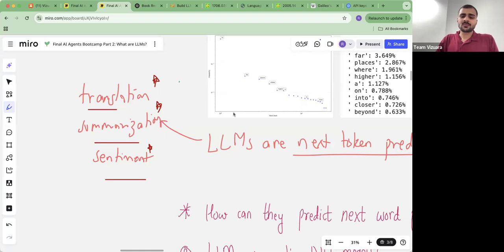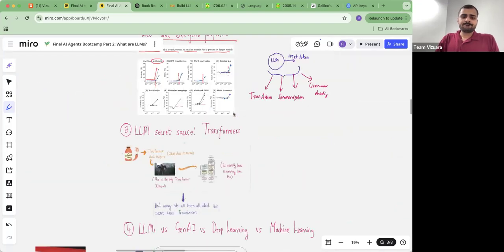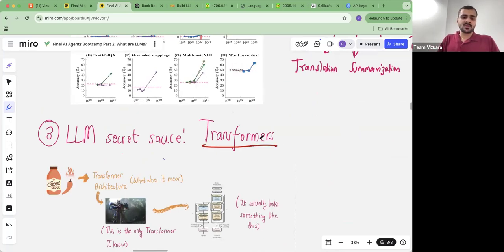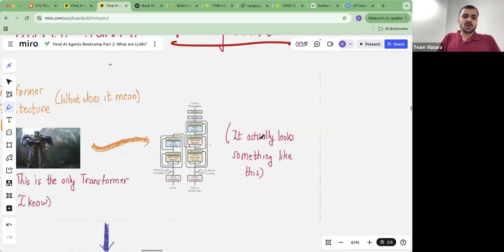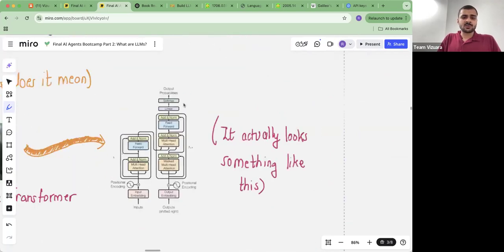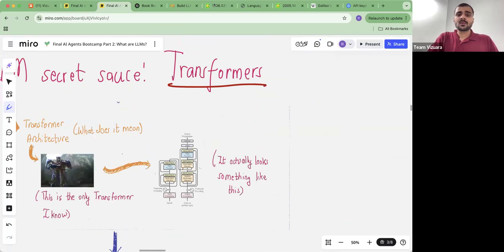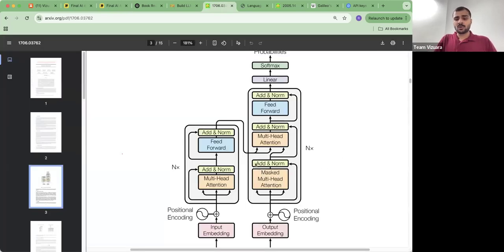Okay. So there is a secret sauce which I keep talking about, right? And that's transformers. We are not going to cover transformers in this bootcamp because that gets into the theory of how to construct a language model from scratch. So we are not going to get into the transformer architecture right now, but this figure here